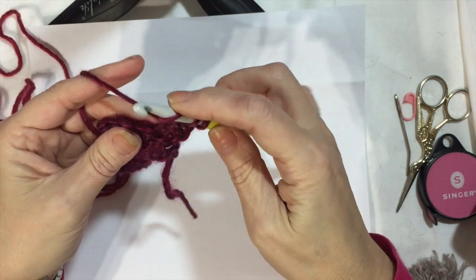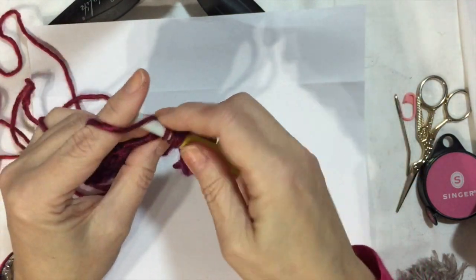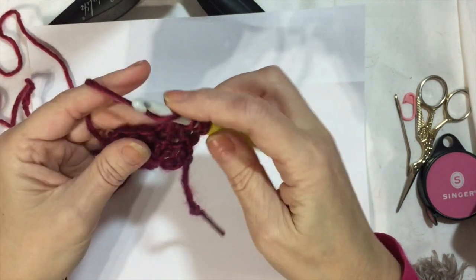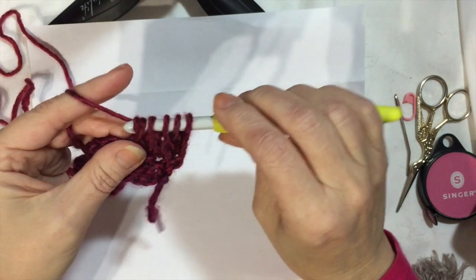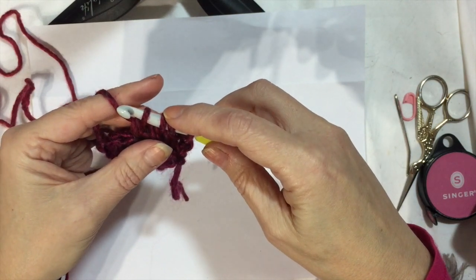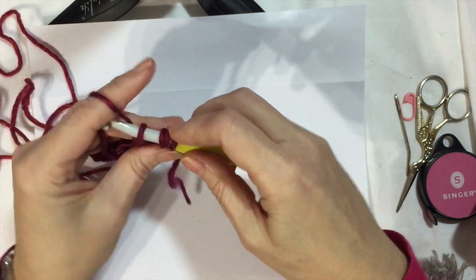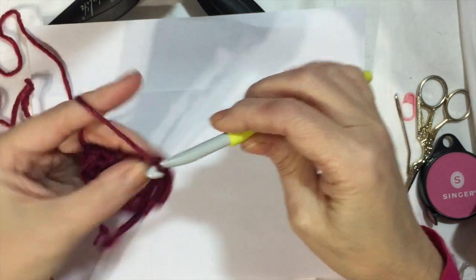So it was 1, yarn over, go into your stitch, grab your yarn, pull it through, yarn over, pull through 2, and stop. Yarn over, go in the next stitch, yarn over, pull through, yarn over, pull through 2, and stop. So the first 3, 1, 2, 3, are the 3 double crochet together. And this is the loop that was on our hook after we did our chain 3. So we pull it all through, and then we chain